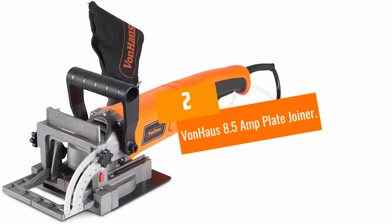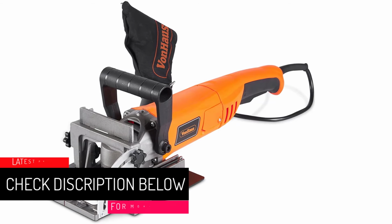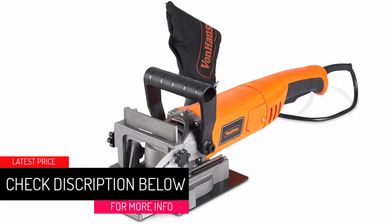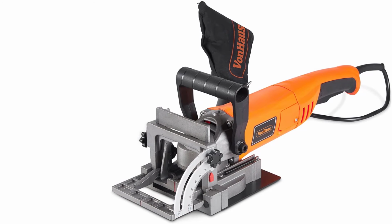At number 2. Haas 8.5 amp plate joiner. This biscuit joiner from Haas is extraordinarily inexpensive, but can get most simple cuts done for woodworkers who don't need a joiner extremely frequently. The 8.5 amp motor adds some weight to this joiner compared to more expensive models, but